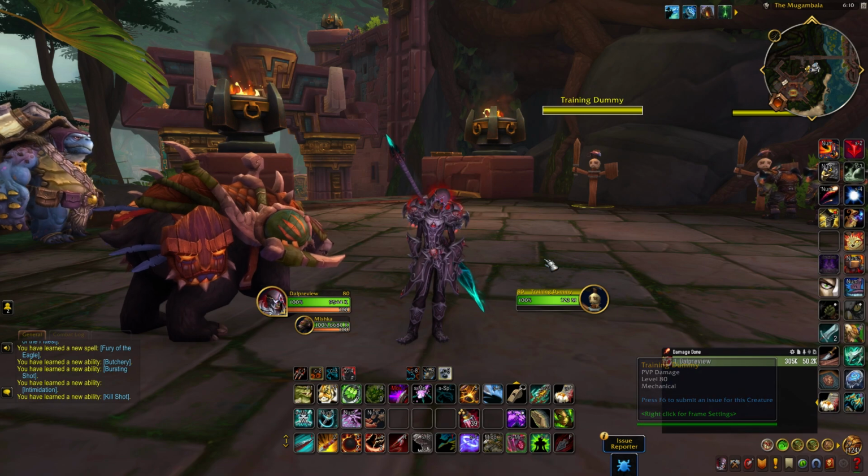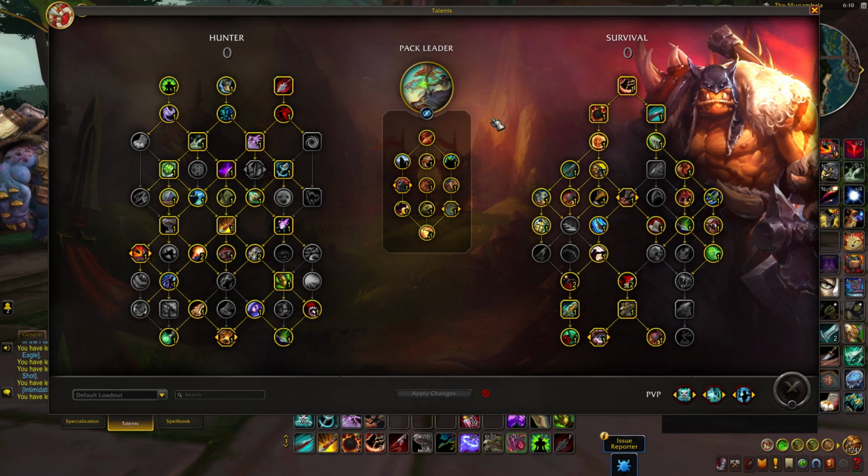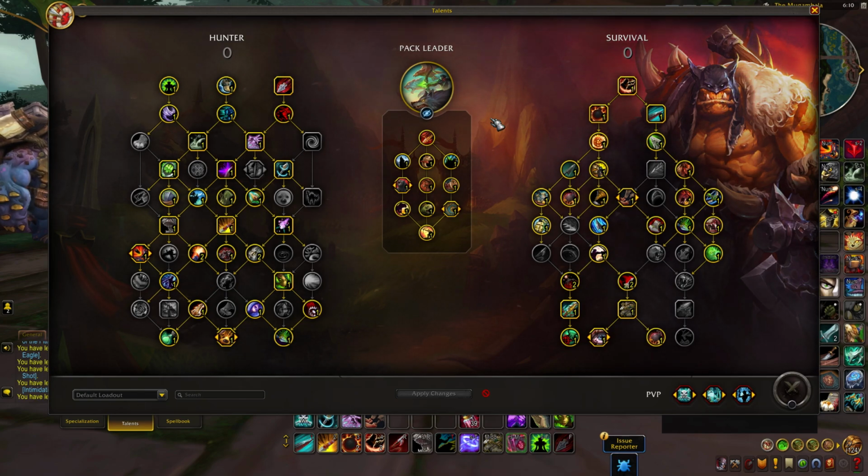Basically, this week, what they're trying to do is adjust the rotation to further reduce complexity and create a bit more simplicity for the survival rotational buttons, just in terms of the number of buttons and how aggressively you have to use them. However, they also want to make sure that even though you're not having to have as complex of a rotation, you're not losing out on damage, so you're getting a bunch of